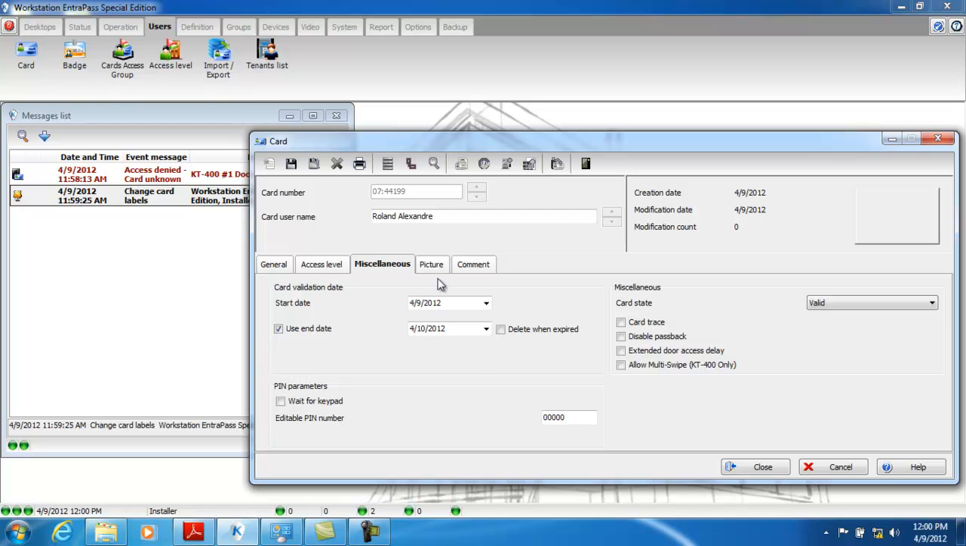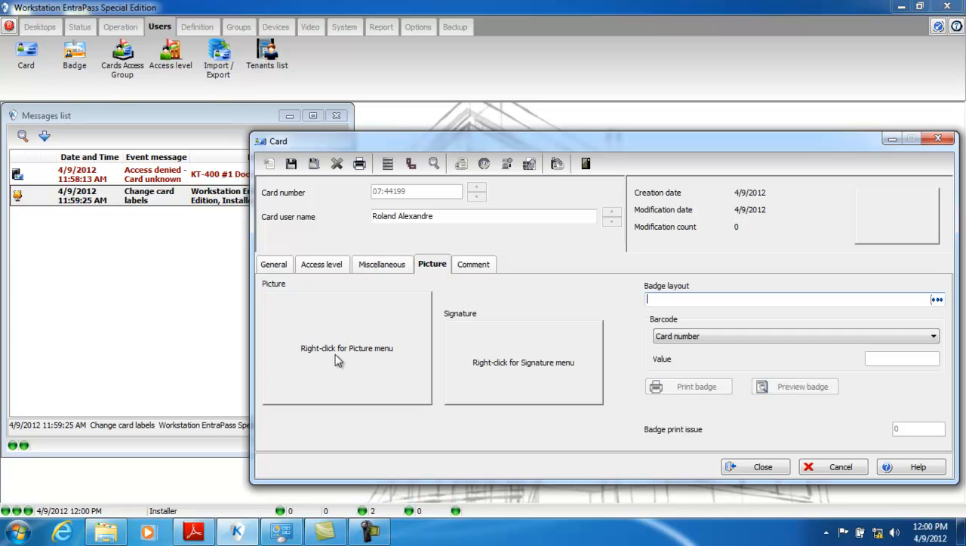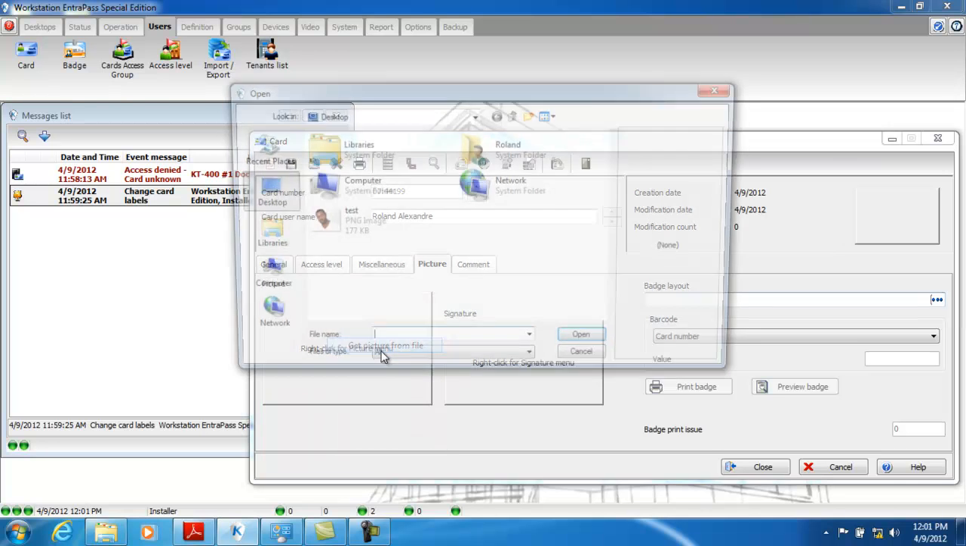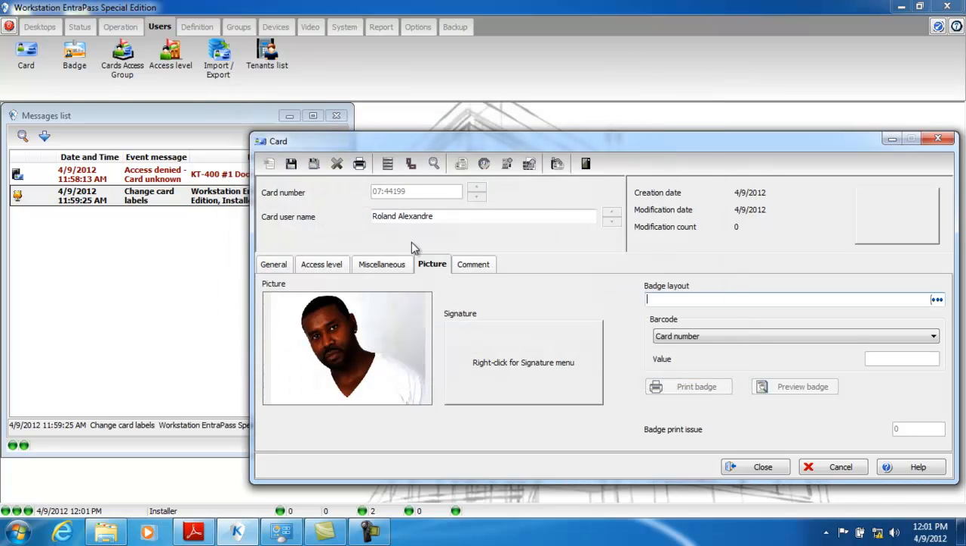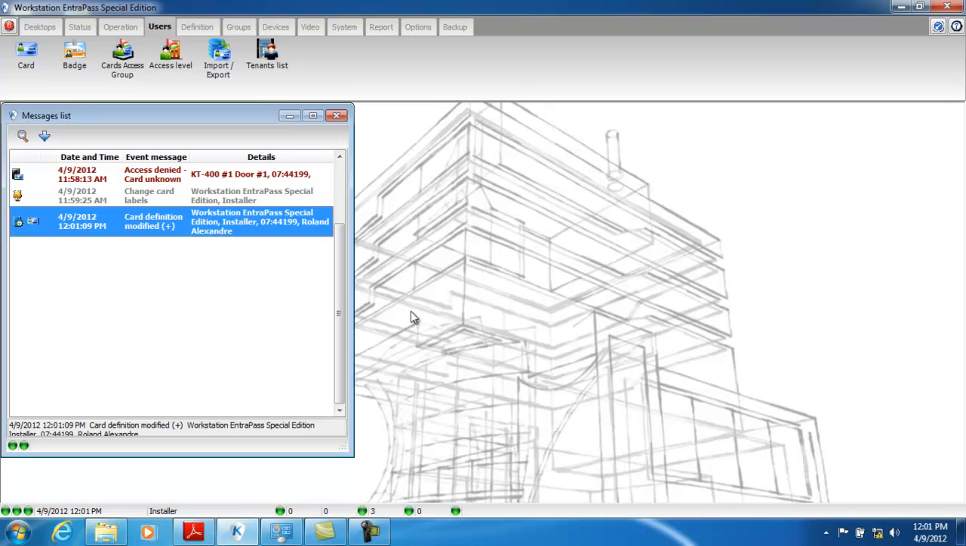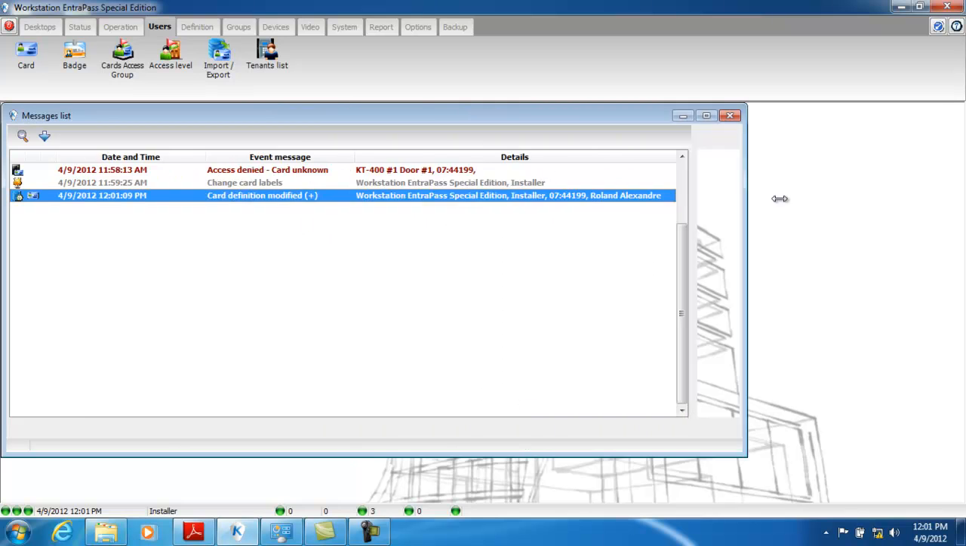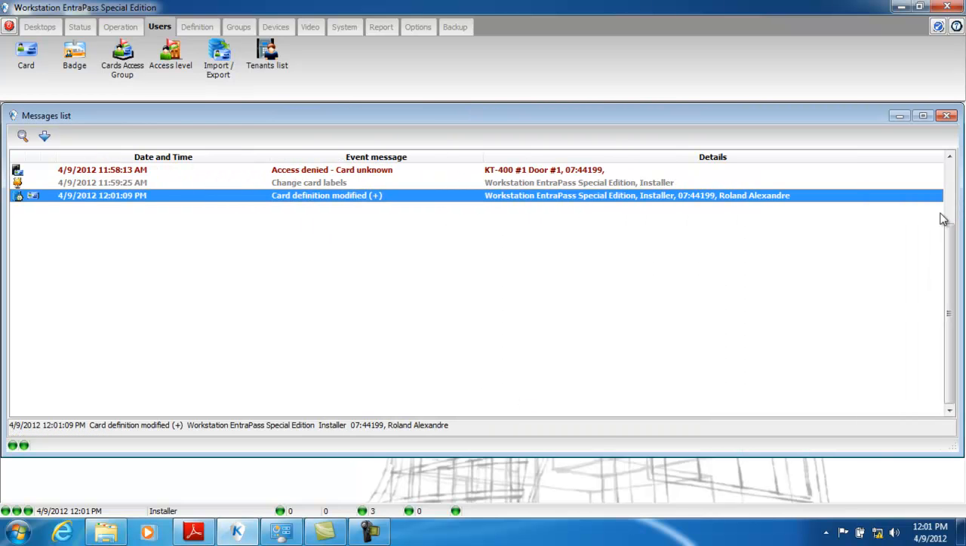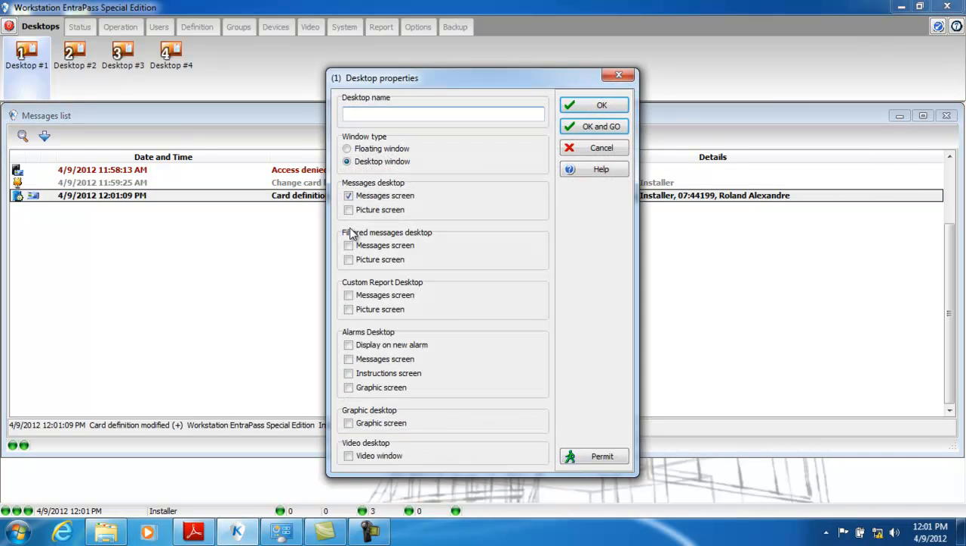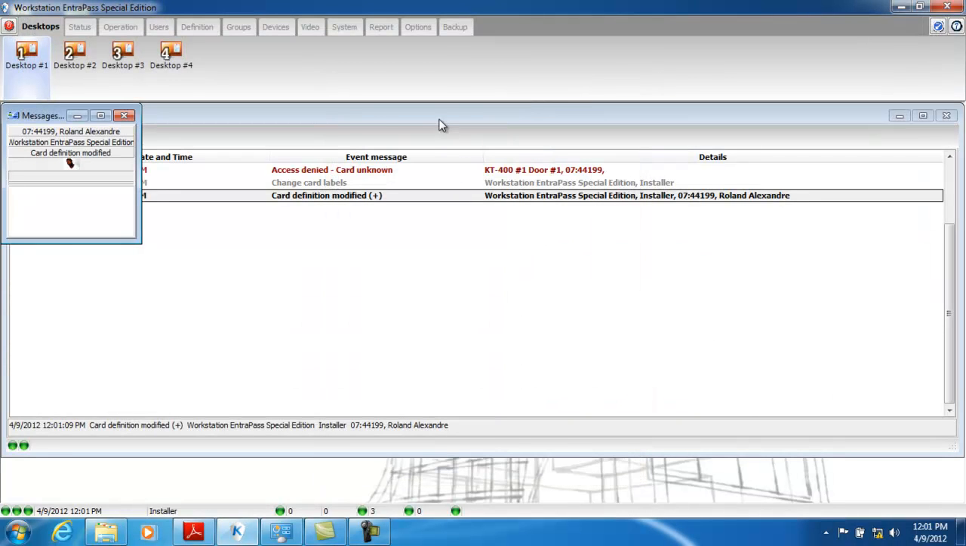The next thing is that we can add a picture to the card. Adding a picture is very simple. Right click, get picture from file, and then from your desktop you assign the picture to the card. Once that is saved, the card now has access to the door. If you want to see the picture of the person displayed when they access the door, you need to go under the desktop, right click, properties, and then select message screen. So now